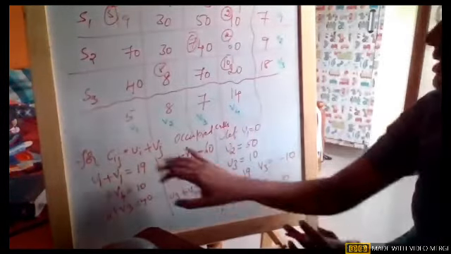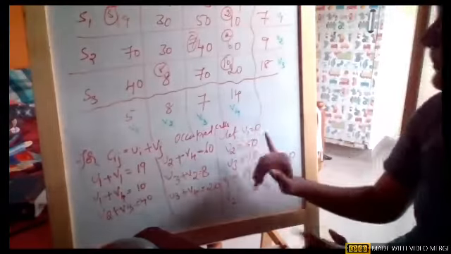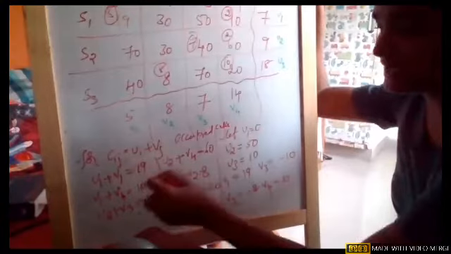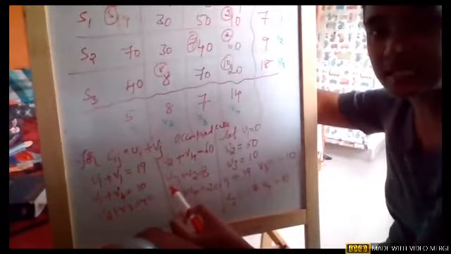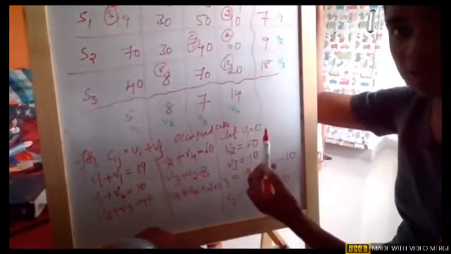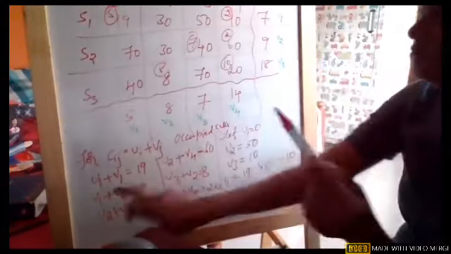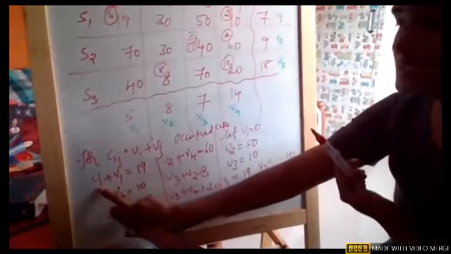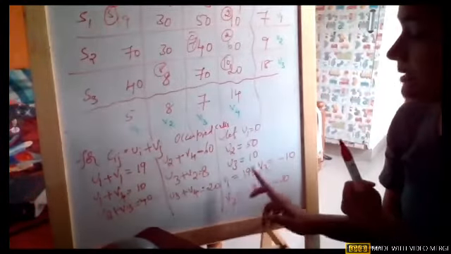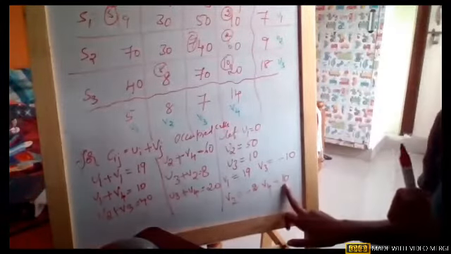Okay, fine. So now we got this for our occupied cells, right? From these occupied cells, what did I pick? I picked let U1 is equal to 0. From these 6 equations, I need to derive the values of U1, U2, U3, V1, V2, V3, V4. So for that, I made U1 equal to 0. Because U1 is 0, V1 is equal to 19. Clear? Yes, because U1 is also 0, V4 is equal to 10.